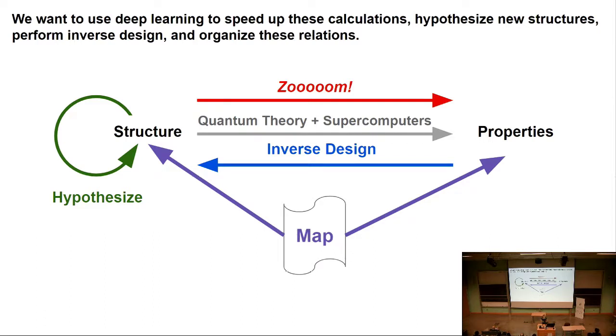So when I have a DFT calculation or any sort of quantum calculation that I want to do, I need to give it a starting guess, a good structure that kind of makes sense. But I'm only limited by the bag of structures that I have. So I'd like to be able to generate new ones.